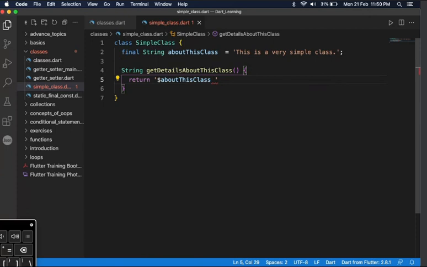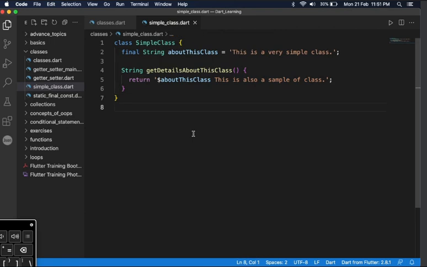And this is about this class, which is a very simple class, and along with this line it will also return this is also a sample. This is also a sample of class. Okay. So now if I want to